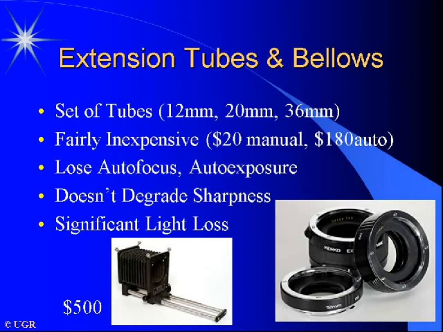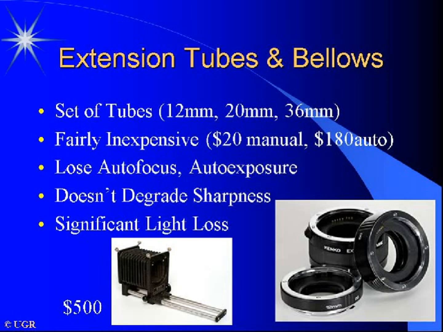A third way to go is to add an extension tube between your lens and your camera. It's nothing more than just a hollow tube that allows you to attach one side of the tube to the camera and the other side of the tube to the lens. And in that case, the lens is moved a little further away from the camera. And the greater the distance between the lens and the camera, the more magnification or close-up capability that lens takes on. Now these come in a set, usually 12mm, 20mm, 36mm, and yes, you can stack one or more of them. They're fairly inexpensive,